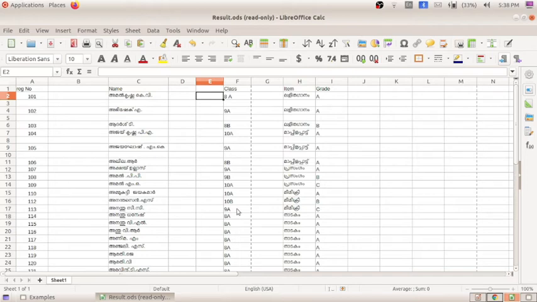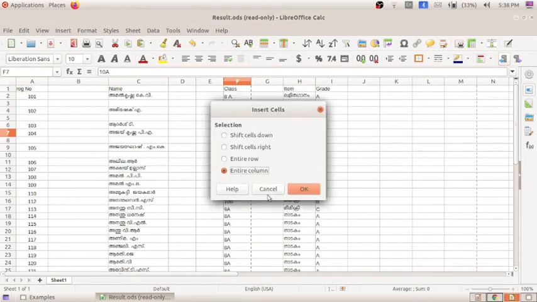It will not ask left or right. I hope you noticed that. In Insert, it will not be asking left or right, just entire row, entire column. So this is one of the problems, or the demerits, which we can see when we right click the cell for inserting a row and column.